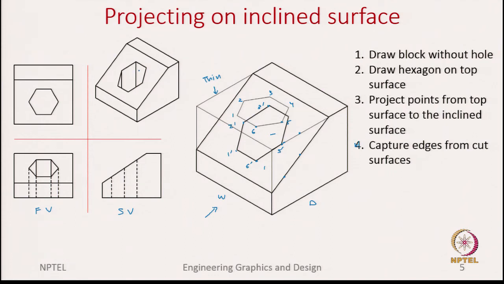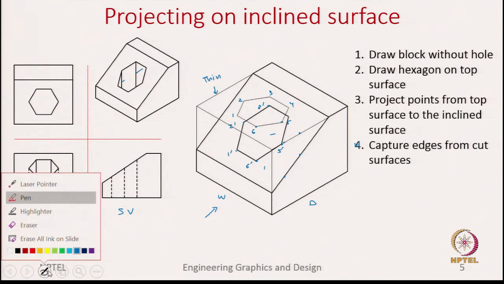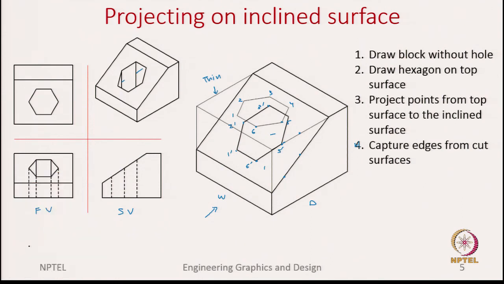As you can see here, we need to show these vertical lines because those are still visible in the angle we are looking at. So, let me select a black color. I just need to draw a vertical line from point 3 dash and a vertical line from 2 dash to complete this object. Okay.